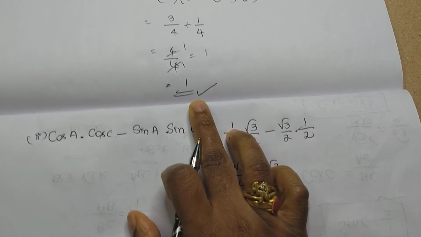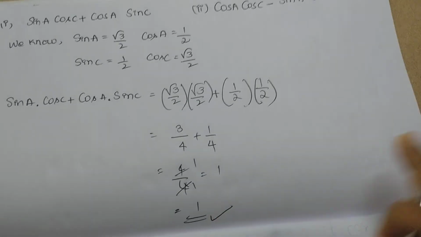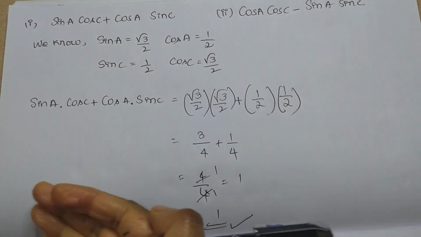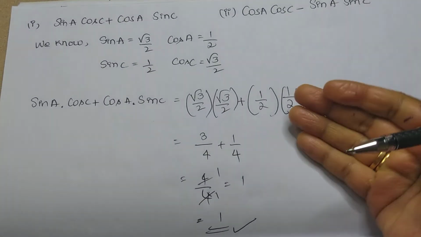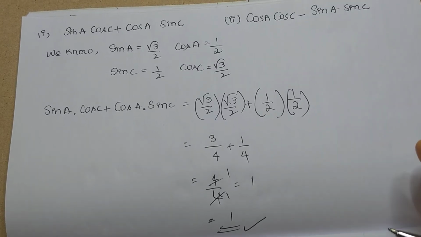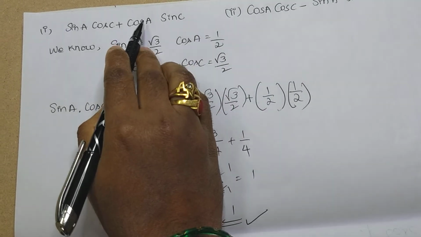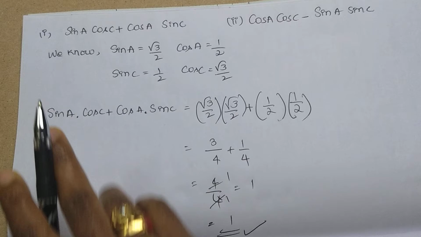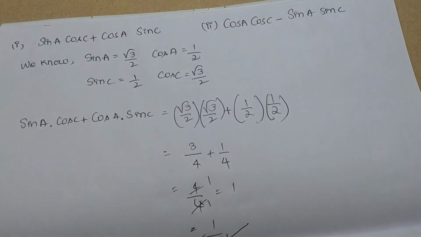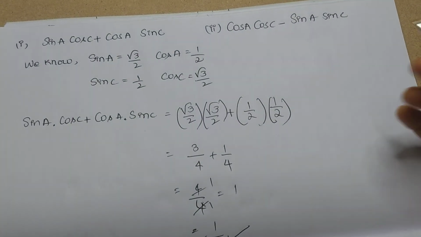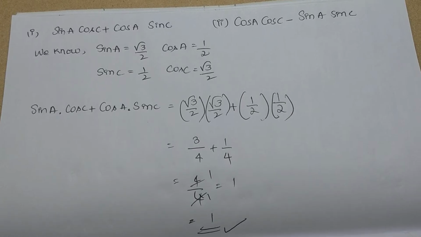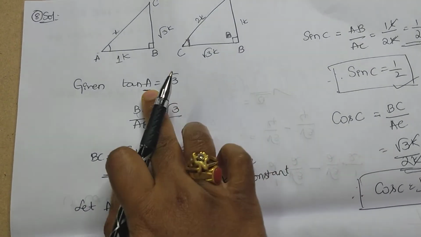For first sub-question it is 1. So this is the explanation. In case you want to see the solution here, just go through from the starting point from which I started. It's as simple as such. Since here the two angles are taken as reference, two triangles have to be considered. In case three angles are taken as reference, three triangles have to be considered. That's it. So first I have taken from tan A. I'll show you one second. See here, tan A I have taken.